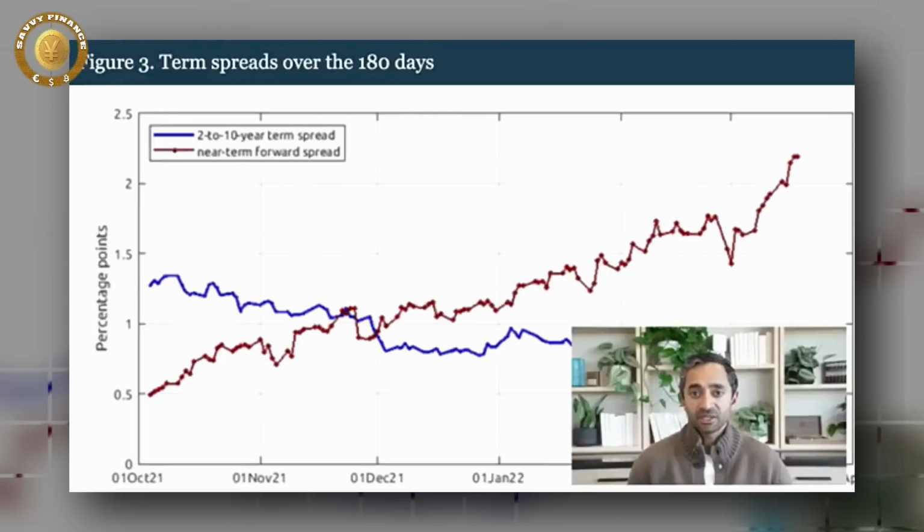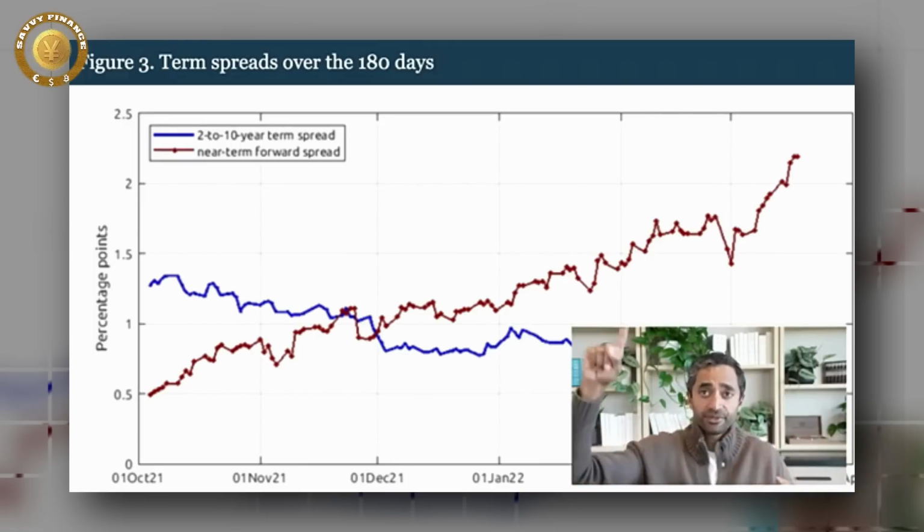But a bunch of economists at the Fed actually went and, you have access to this data, they back tested this. And what they found was that there was actually a more predictive signal of recessions, which is the difference between the 3-month T-bill and the 18-month T-bill. And if you look at the 3s18 spread, they call that the forward spread at the Fed. That's actually not showing a recession at all.